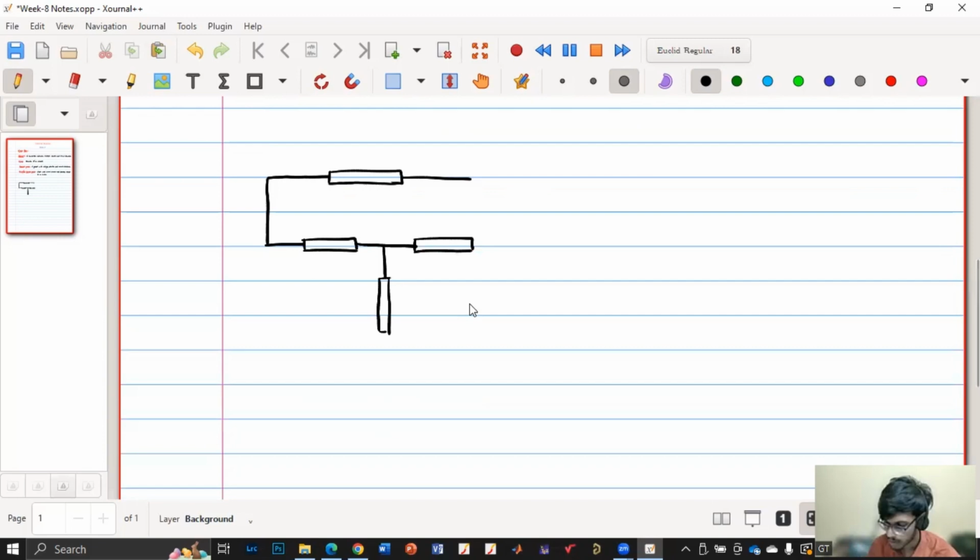So these are elements. It could be a resistor, capacitor, inductor, or any other voltage source also. But we are just denoting it as a rectangular box for our understanding. It could be anything. There might be a current source also. So we have connected